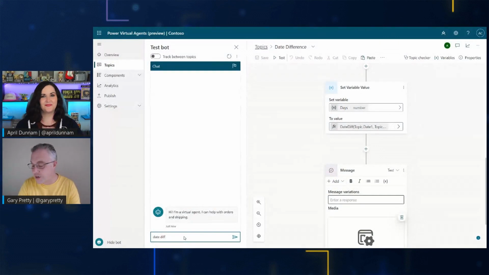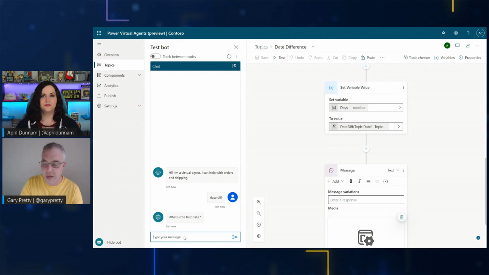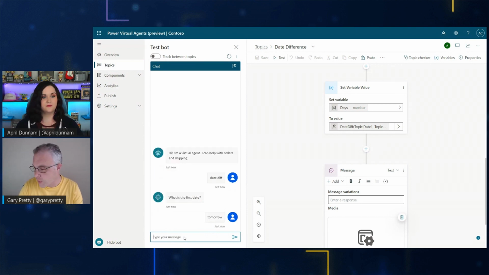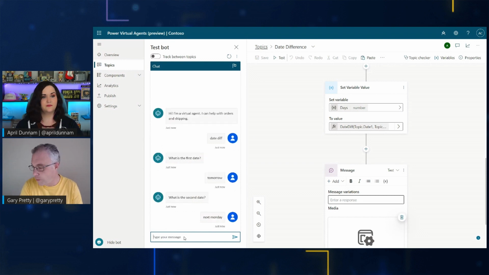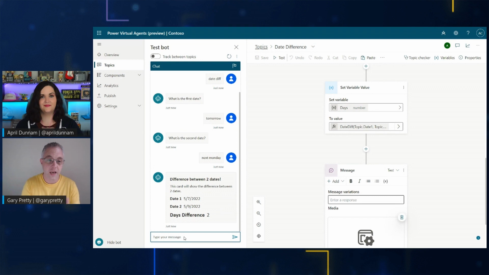Yeah, no, it's incredible, and we think the workflow is incredibly straightforward and very rapid. Right, you saw how quickly there I was able to take a card that I designed over in the designer, bring it in, convert it to a record, and immediately have something that's dynamic and ready to use on my canvas. So I'm going to try the same dates that I tried before, and there you have it, a dynamic adaptive card added to the canvas in just a minute, all combined with the power of PowerFx.